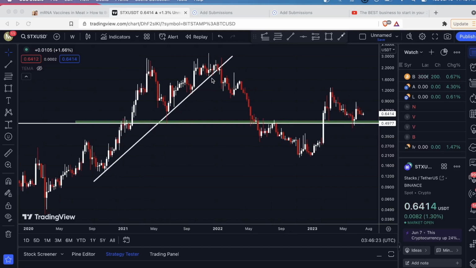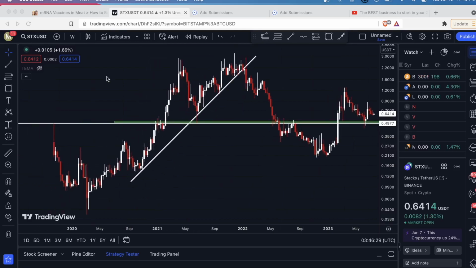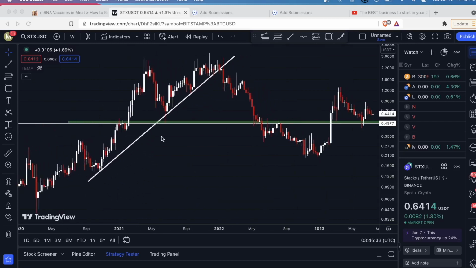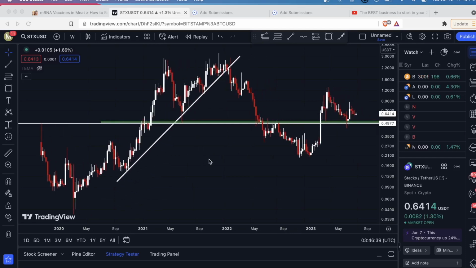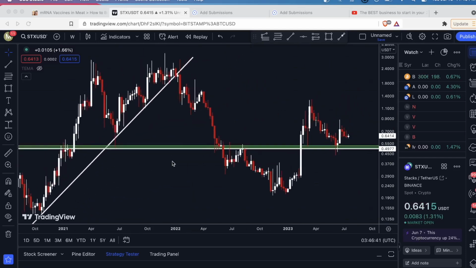Hey guys, so today I want to take a look at a coin called STX. The ticker for this is STX, and it's trading very technically. I want to show you guys this. For the people that say TA doesn't work and this and that, well, it clearly does. Okay, so if you have the STX chart, open it up on a weekly, and what you could do, the